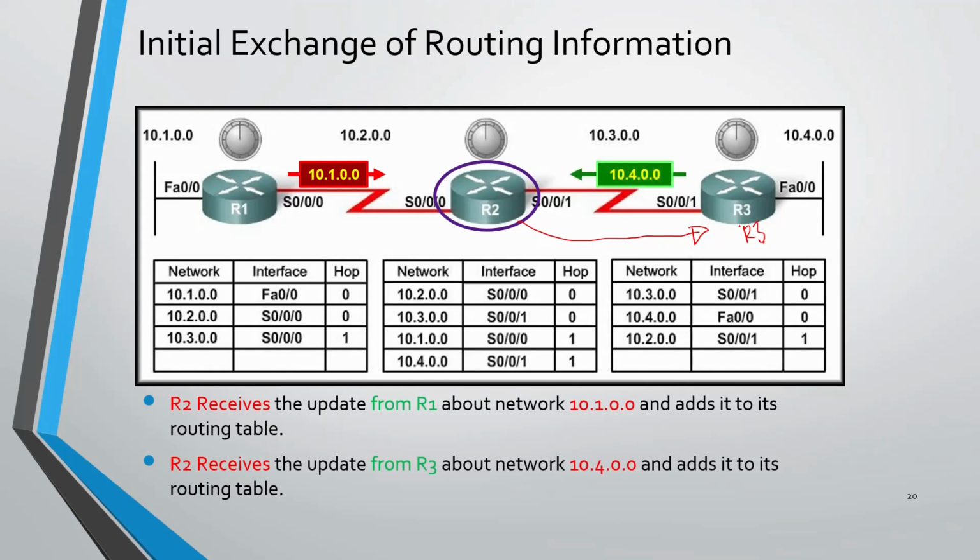So in the second step, when router R2 receives information from R1 and R3, it already knows all the network addresses of the topology because it is in the middle, so it receives information from both routers. But still, the two routers R1 and R3 did not have the whole knowledge, right? So at the third step, when again